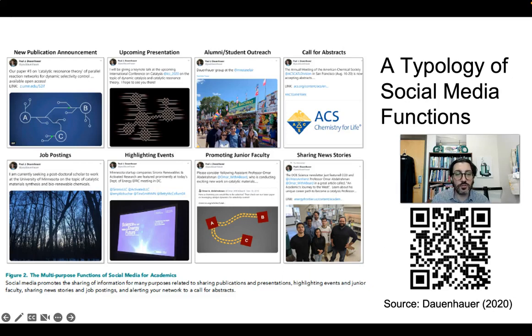Another one that's really interesting is promoting junior faculty. So here is a use of social media that is not entirely self-serving, but one that you are using to promote what other people, either at your institution or elsewhere, are doing. And it could be someone else's article, it could be someone else just won an award, but it kind of shows goodwill and helps to demonstrate that you are a nice person in academia, which unfortunately isn't always the case.